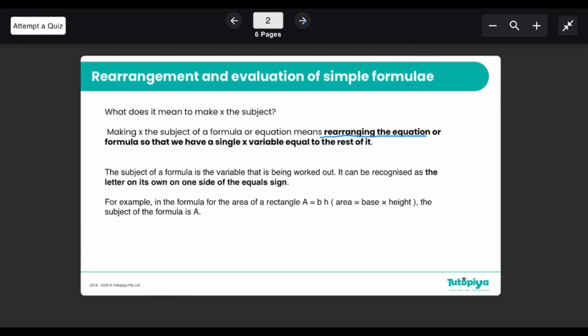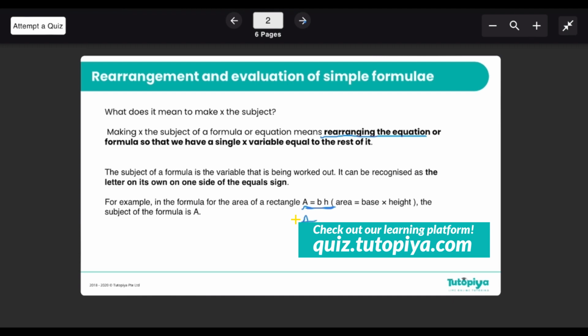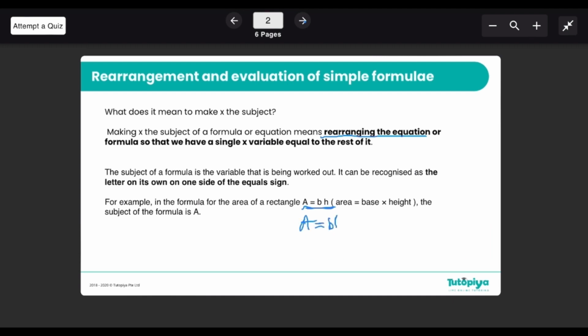For example, if you look at this, A is equal to BH is the formula, right? This formula is A equals BH. If I want to make B the subject of the formula, then I can rearrange this so that B is equal to A over H. If I want to make H the subject of the formula, then I can do H is equal to